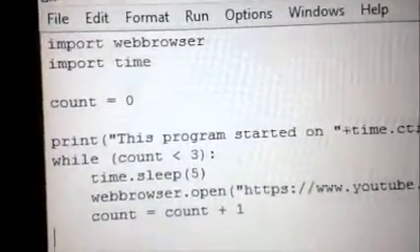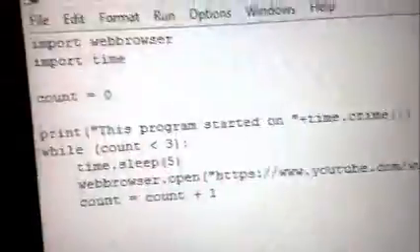So, what's your knowledge of programming? Zero. Absolutely zero. So this is the program that I had to write for my class, and basically it